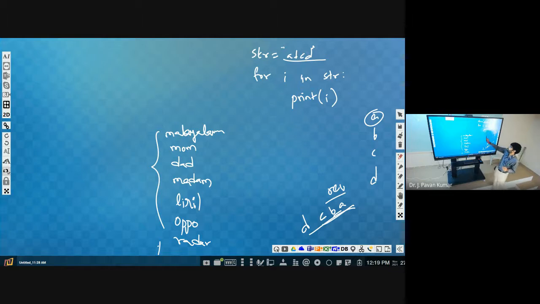So how can we do that? For I in string, character by character we can get. Every time we have to update reverse. How do we update reverse?